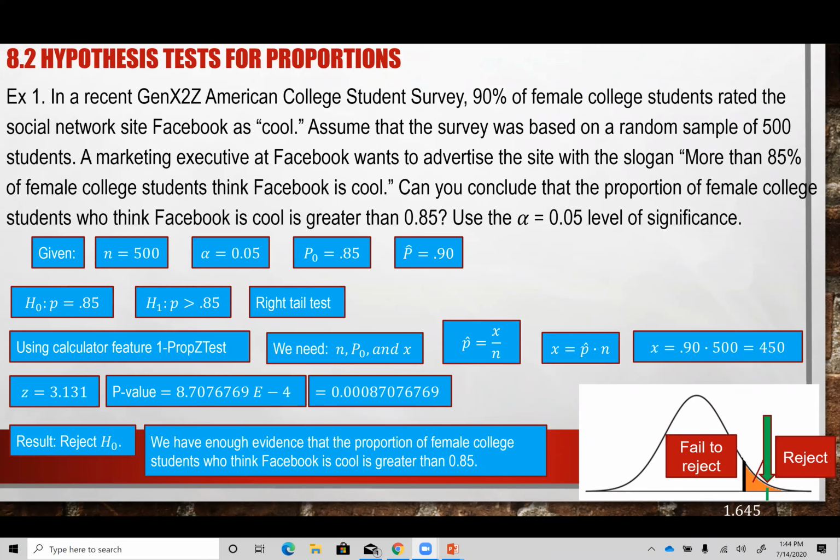Any question with this particular problem here? Any particular question with this item? This problem is a little bit hard because they don't